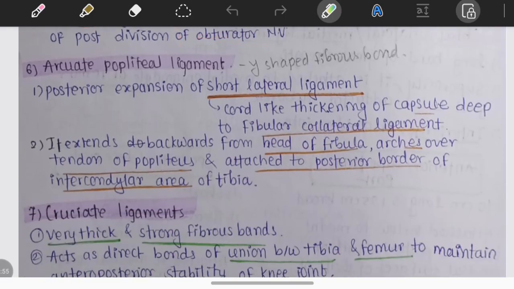The next ligament is an important ligament, the arcuate popliteal ligament. It is a Y-shaped fibrous band, a posterior expansion of the short lateral ligament. It is a cord-like thickening of the capsule to the fibular collateral ligament, and it extends backwards from the head of the fibula, arches over the tendon of the popliteus, and is attached to the posterior border of the intercondylar area of